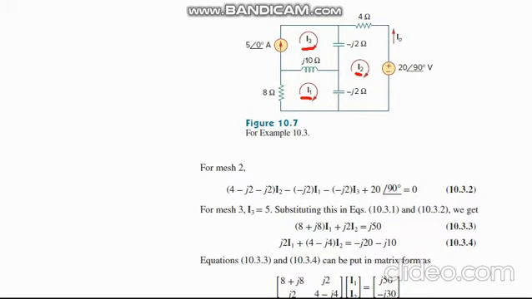Particularly if you see that there are 3 loops or meshes, and if you want to find out the currents, you have to apply Kirchhoff's voltage law. In any kind of network where the loops are not determined, you have to give the names I1, I2, I3 or I4 to the loops on your own. But here in this network 3 loops are given. So how can you find it out? First of all,